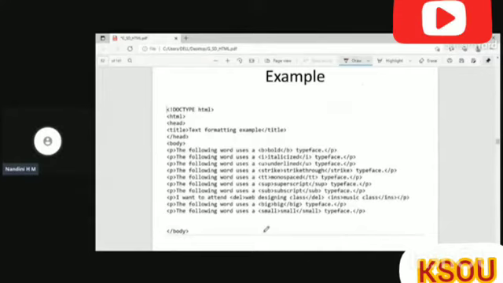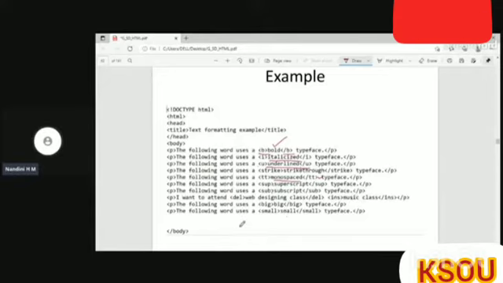Here I have used all the tags that we have discussed now. You can see here I have used the bold tag to make this text bold. And then I have used the italic tag to italicize the text. This is underline, so I have used the U tag to underline this particular text. And I have used strike through to strike off this text. And I have used monospaced here in order to give uniform space to each character in the text. And then I have used superscript, subscript, and then delete and insert, big and small.